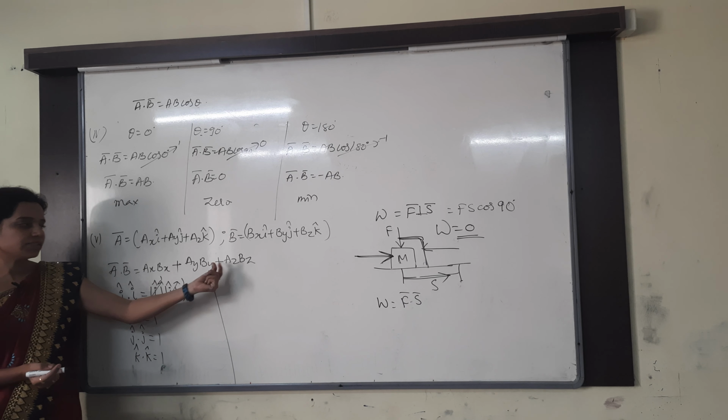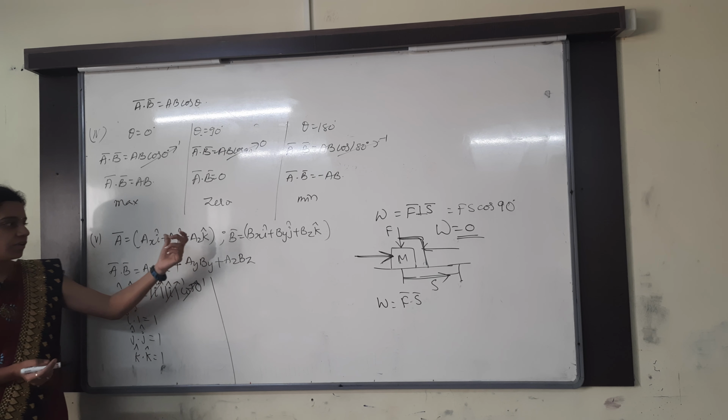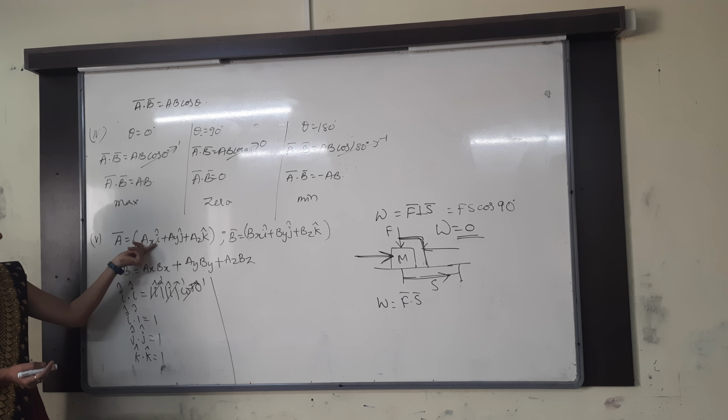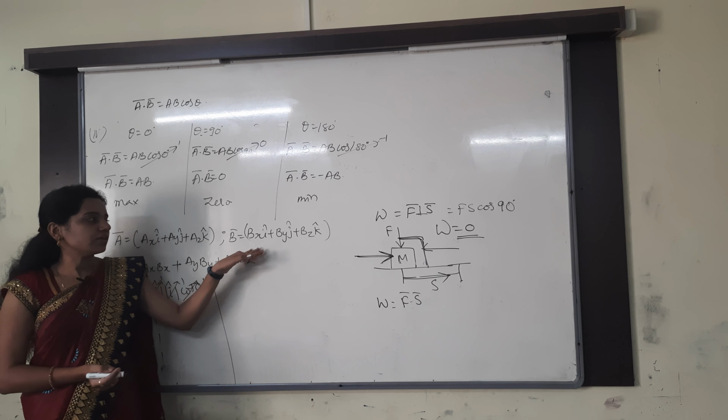Then after that, for this one you cannot do directly x with x, y with y, z with z. What you have to do is multiply ax with the whole vector b bar, and then ay with the total vector, and then az with the total vector, as in maths, where x plus y plus z is there. In the same manner you have to multiply. First of all, let us check ax I cap into bx I cap. First one is finished.